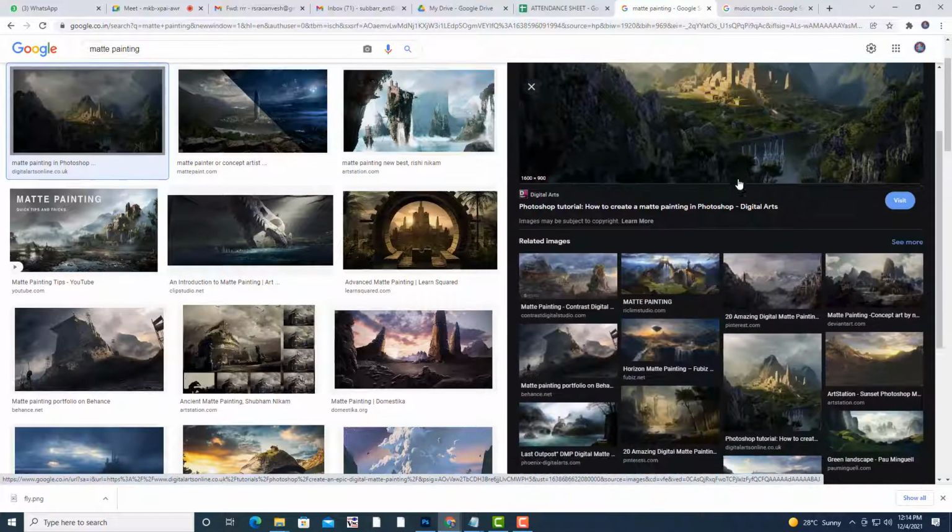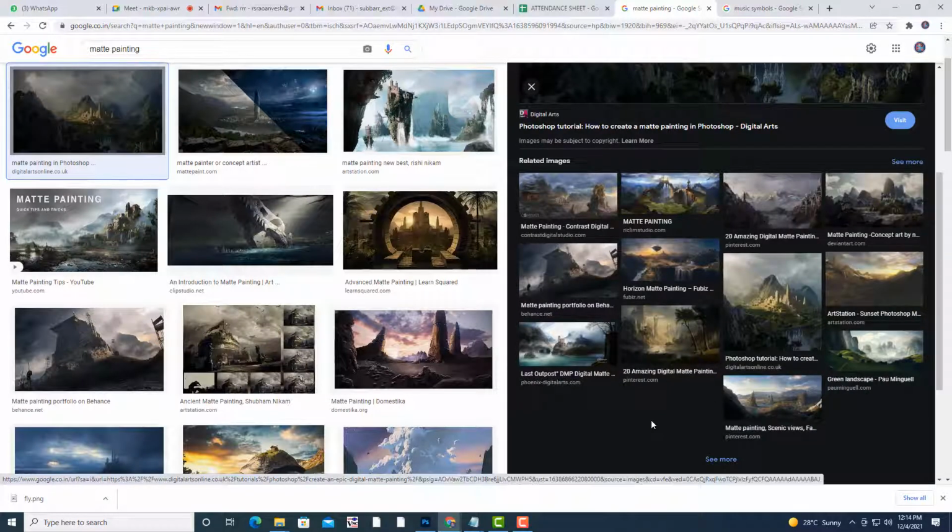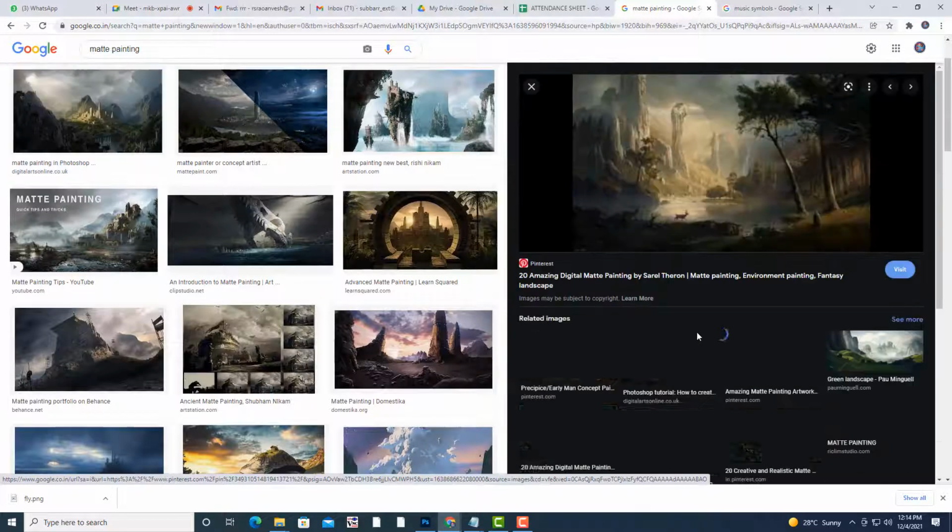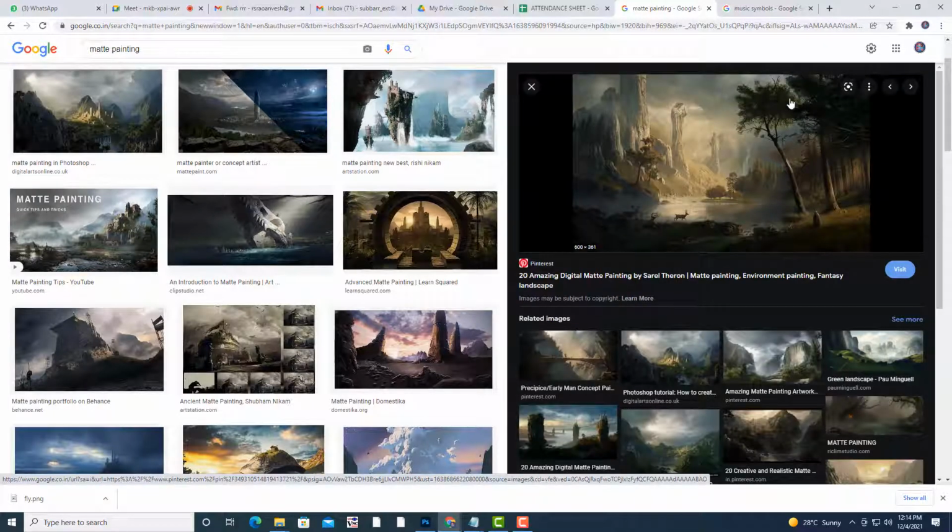Such things can be seen in almost all the images. This tree is looking bigger than this mountain. Here we have a perspective. So that is the first important rule: objects that are far away should be small and objects that are close to the camera should be big.